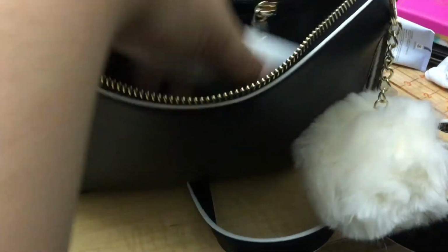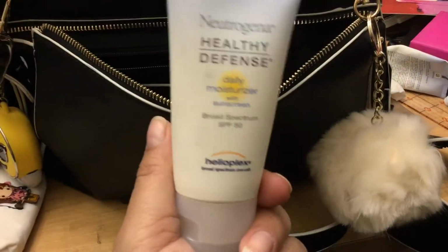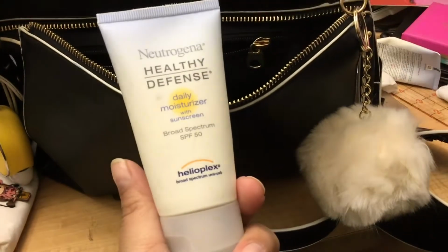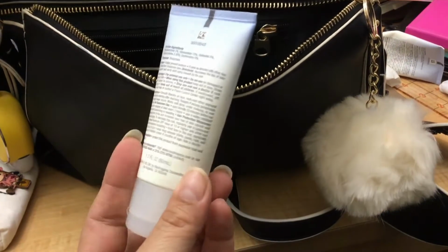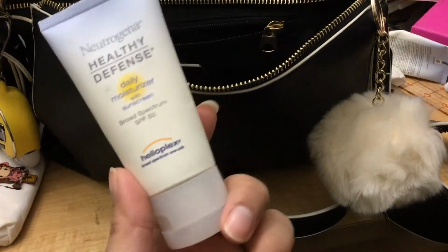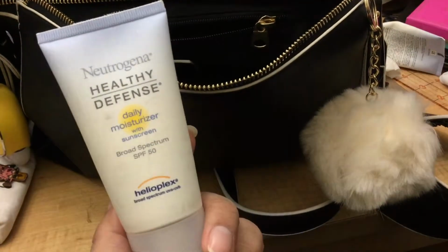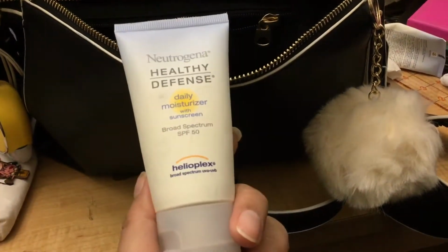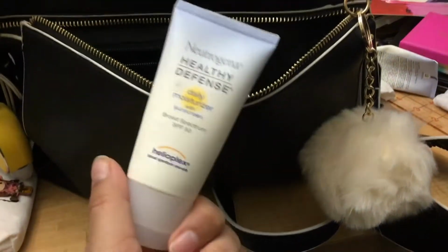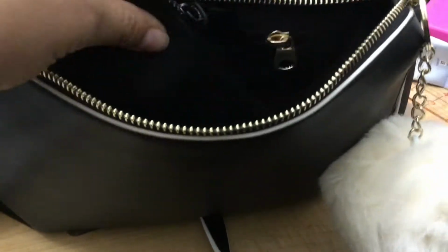And then, let's see. I keep my Neutrogena Healthy Defense Daily Moisturizer with Sunscreen SPF 50. I've been using this for years. I don't even know how long. I mean, I've rebought this and purchased another one. I basically use this every day when I go out. So I would totally recommend this as well. These are proven products. So let me see what else I have in here. Seems to be everything. Wait, except for my